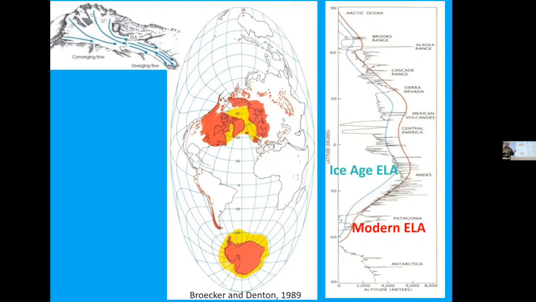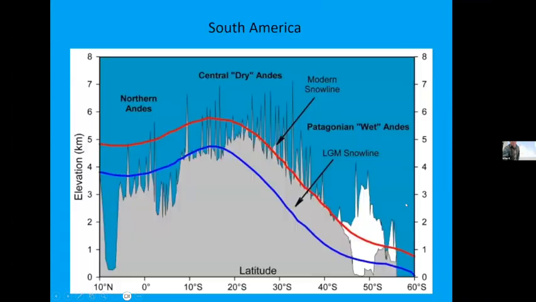There are some exceptions, like Antarctica, but I mentioned Antarctica is an exception because the glaciers can't really erode, except in a few places. This is Patagonia, this is the glacier in Patagonia, and these are the Central Andes, which I'll discuss after the break. I'll discuss why some of these areas might be poking through the red line.